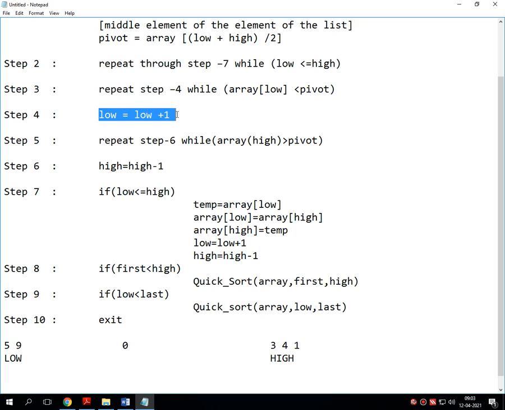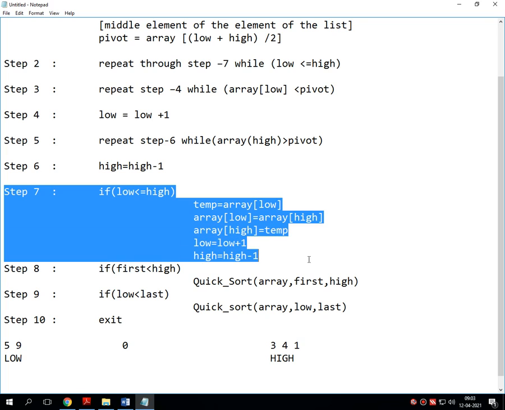So for that, I have written low equals to low plus 1 and high equals to high minus 1, and during this step number 5 will work, which is actually the repetition of step number 6, where it checks that every value on the right hand side should be greater than the pivot element. As you can see, 0 is the pivot element, and 3, 4 and 1 are the higher values.